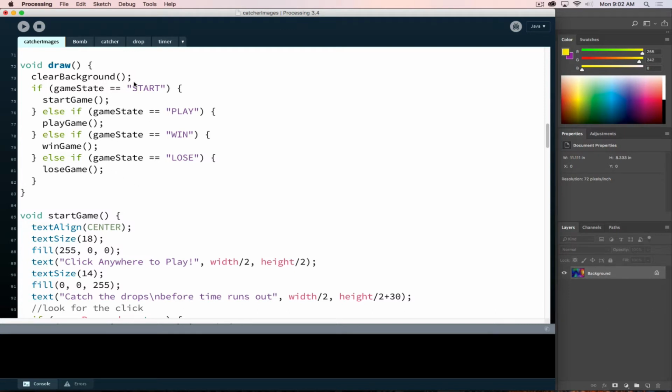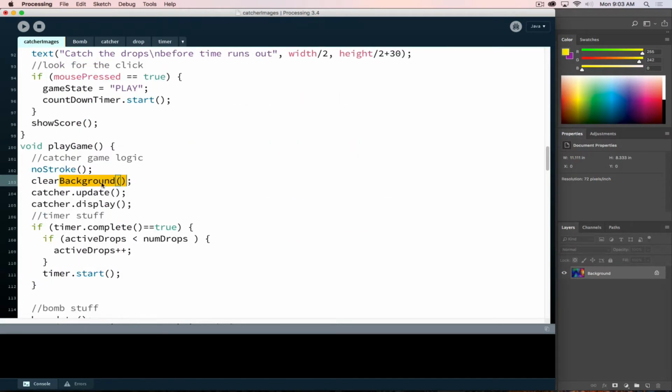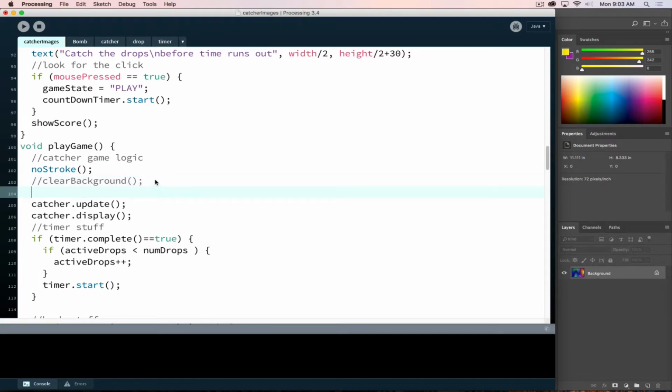So if we did just load our image inside of clear background, it would populate our entire game. So this is slightly redundant because that was moving whole chunks of code over, so we don't really need that here. We can say we're wiping the background. But now, if I want to show that image inside my game as my game is playing, we use the image command. So I specify what image I want to see, and I will list my background image, and I give it a location of where I want it to be